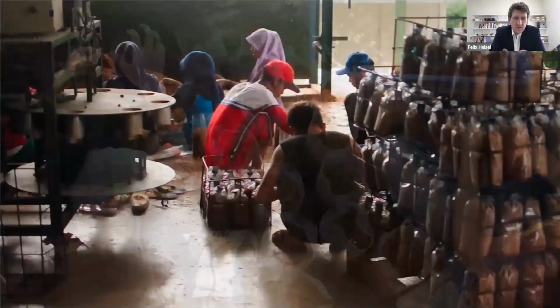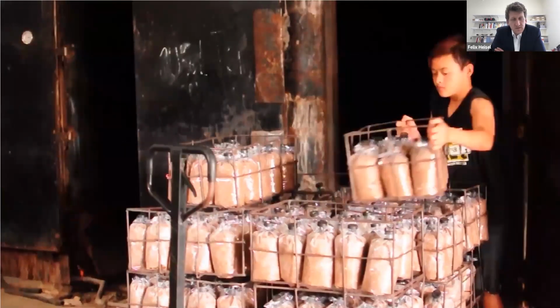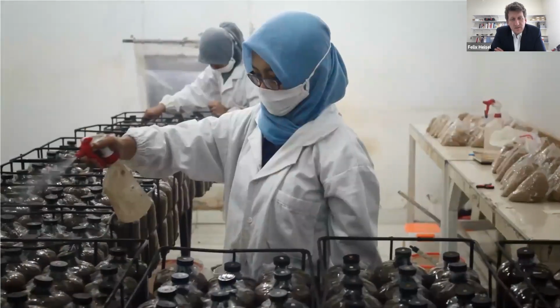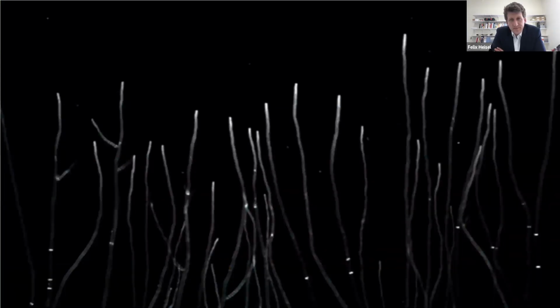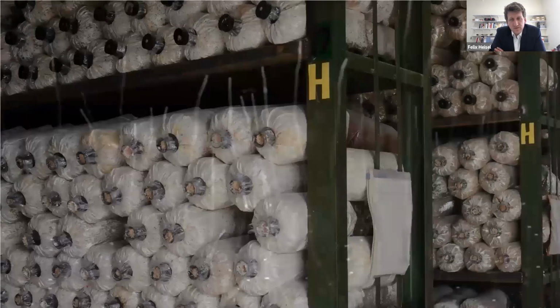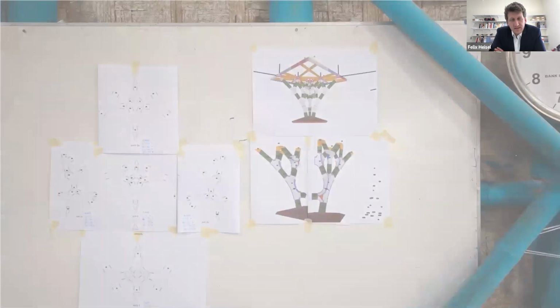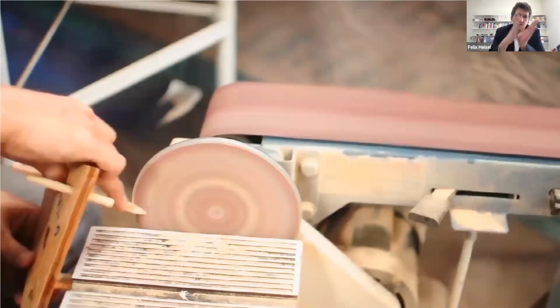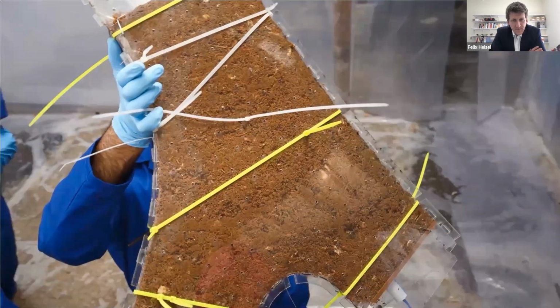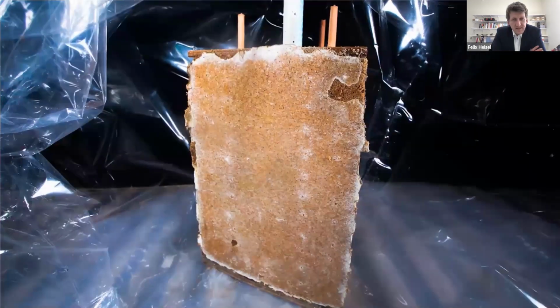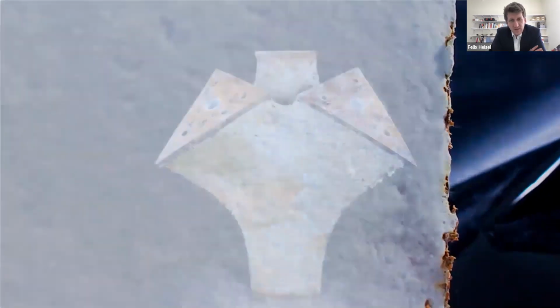We used agricultural waste products from Indonesia as a source, and then grew oyster mushroom strains in that to, in the end, create basically two different types of bricks, as I mentioned before, the knots and the straight elements, and the knots always manage to divert the forces into three different directions. And they were grown under semi-clean conditions,